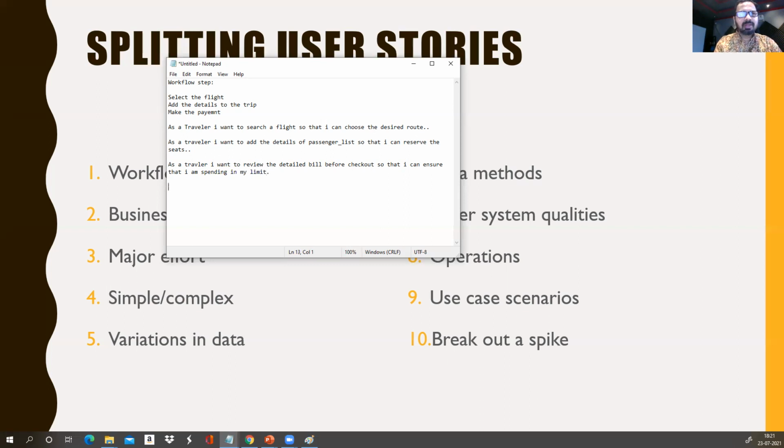As a traveler, I want to check out, so that I can confirm my reservation. Checkout is nothing but making that payment.